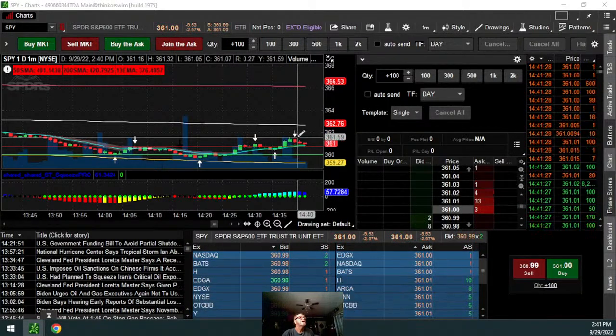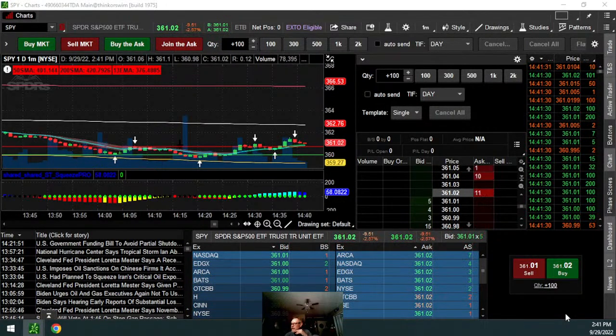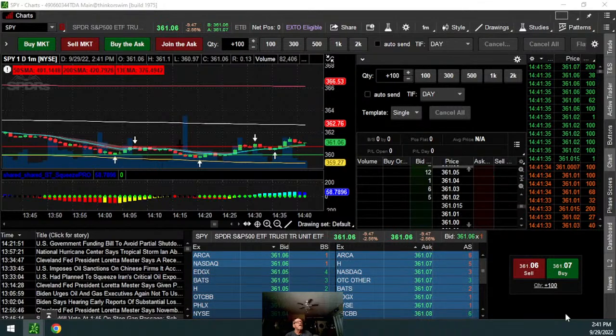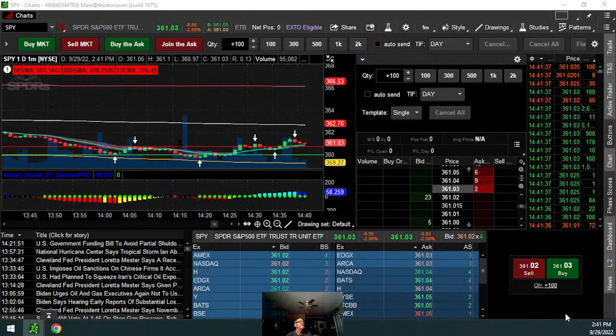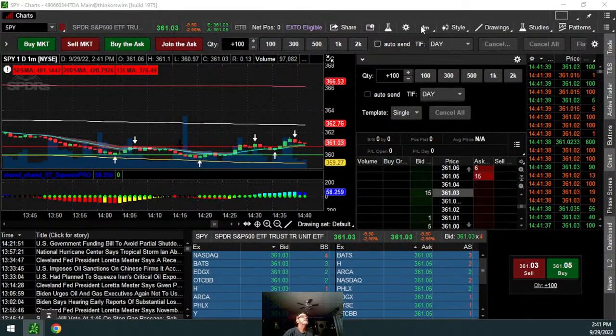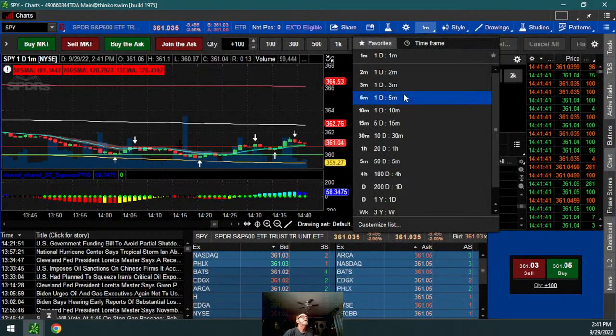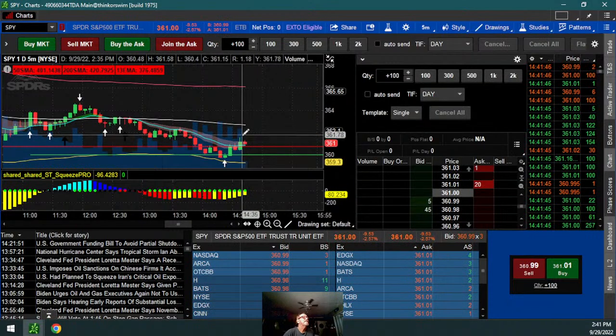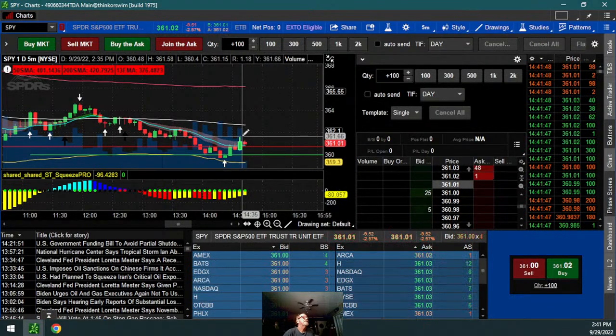Yeah, that doji right there is 59. No, I think it was going for the VR before. Oh, this is on a 1 minute. That's what threw me off. I was watching it on a 5. I changed the stock. Okay, there we go. See, over here, remember on the 5 minute, 361.66.